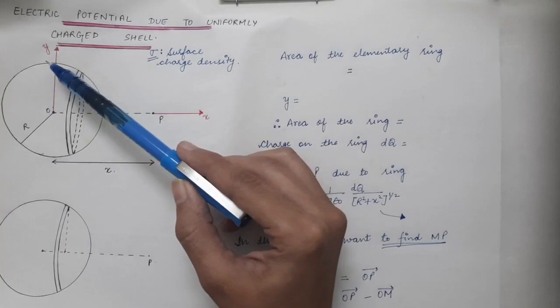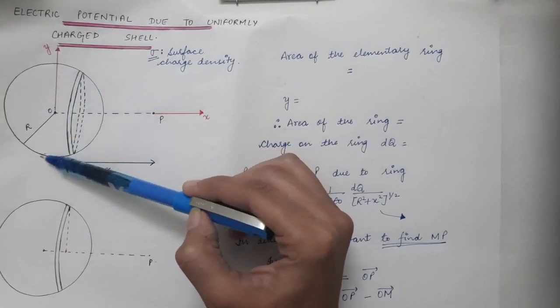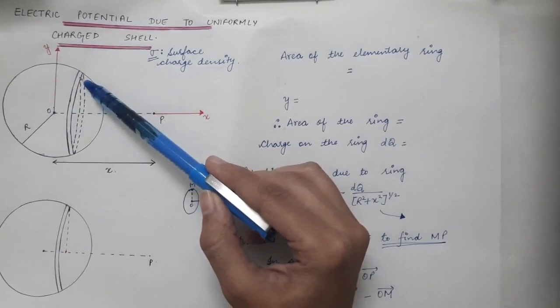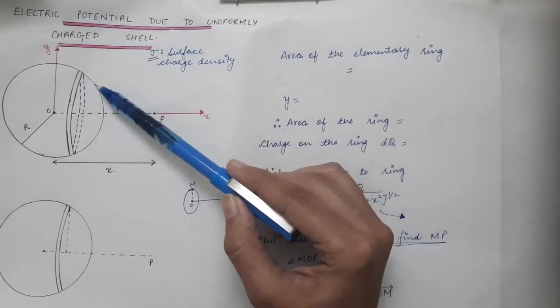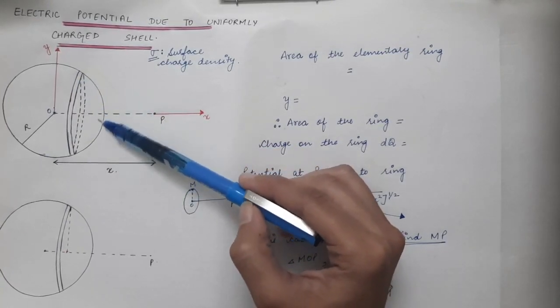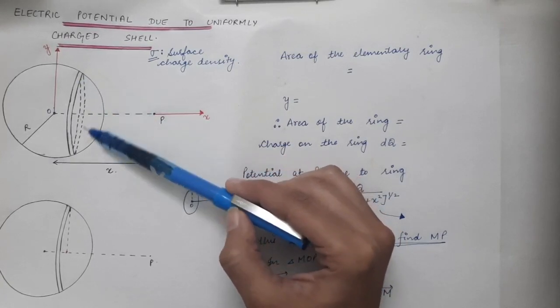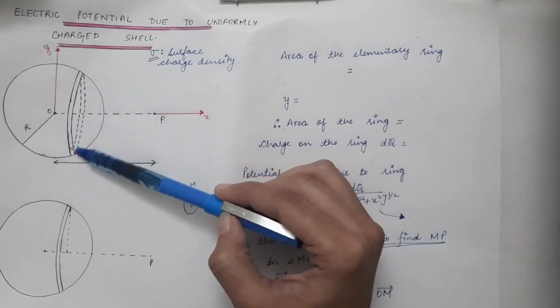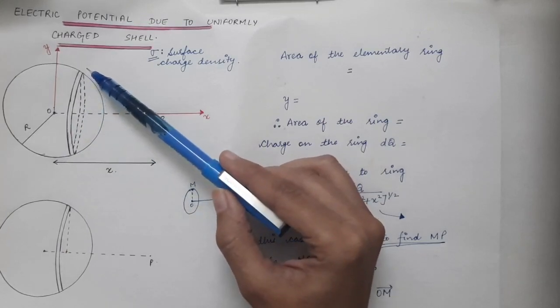You can also draw a circular loop over here, and the radius of that loop will be greater than that of this circular loop. Then if you draw a circular loop over here, the radius of that circular loop will be less as compared to the radius of the loop that I have shown over here.